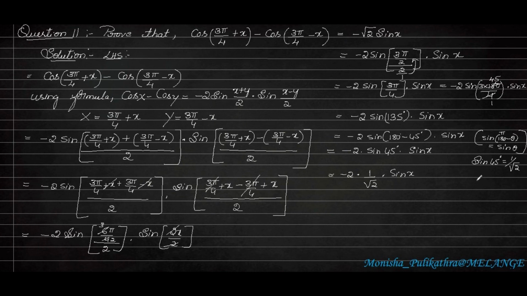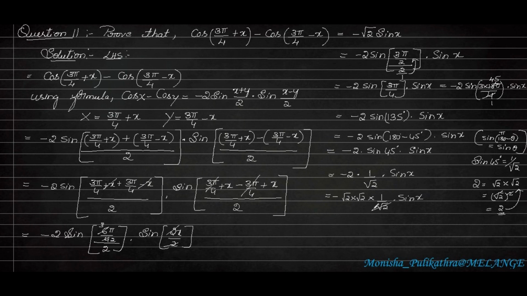Okay. So we know that 2 is also equal to root 2 into root 2, because root 2 into root 2 will become root 2 whole square. When square and root get cancelled, it will become 2. So a plain 2 is also equal to root 2 into root 2. So here a 2 is there. Instead of 2, we can write it as root 2 into root 2, and here 1 by root 2 into sin x.